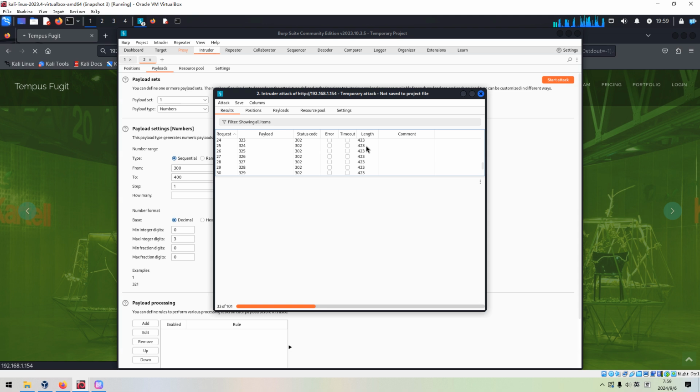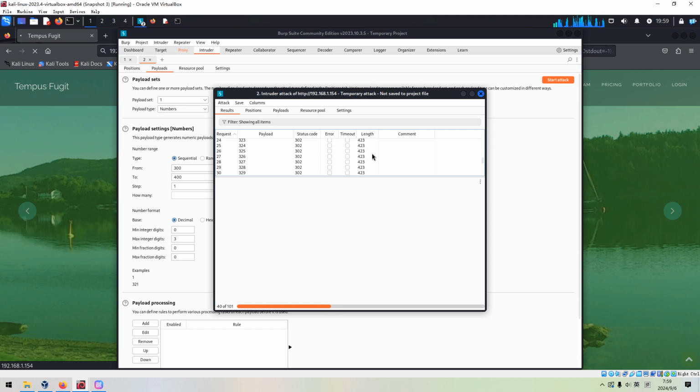We can compare the length of the response to locate the right payload.